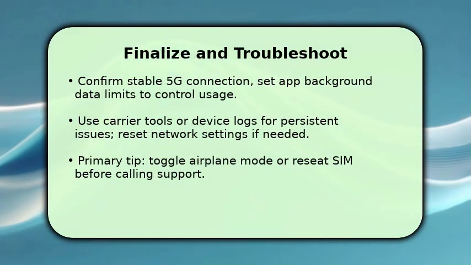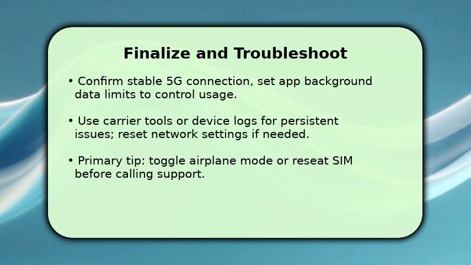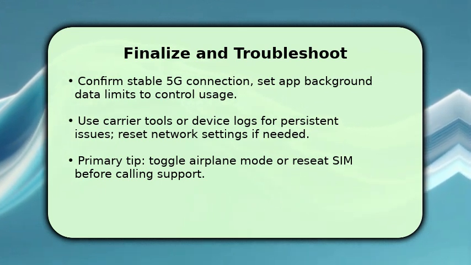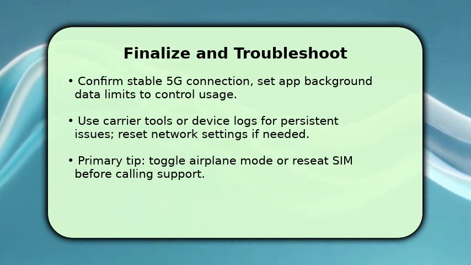You're finishing by locking in settings and preparing for occasional issues. Verify the connection across apps. Enable preferences like 5G only for specific apps if your phone supports per app network selection, and monitor data usage